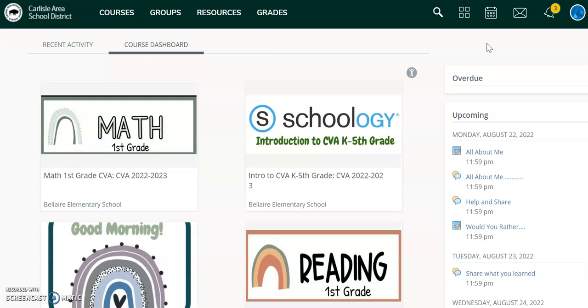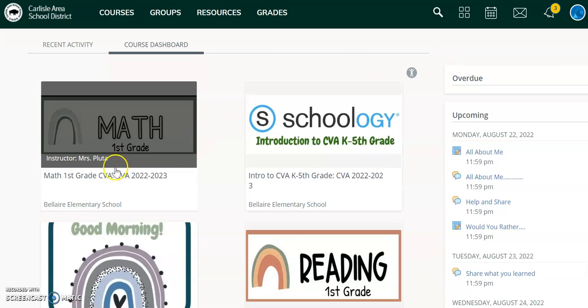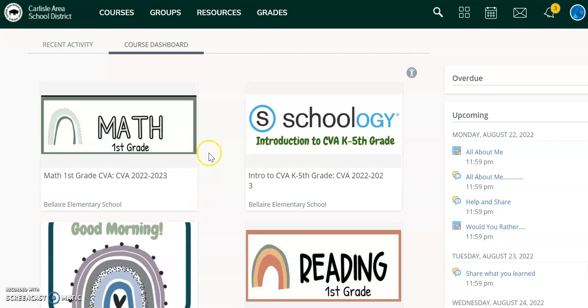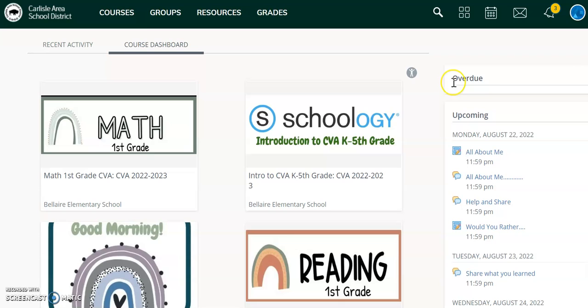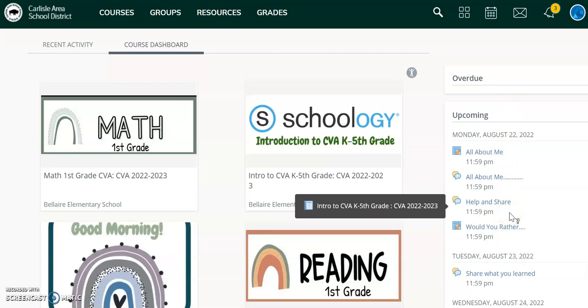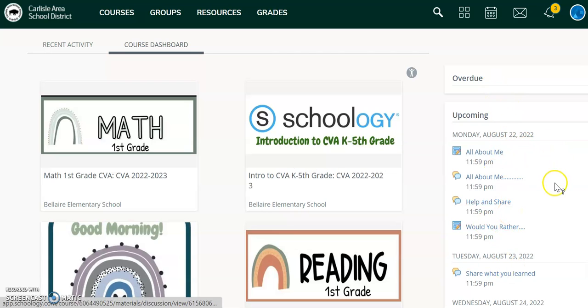When you first log into Schoology, you are going to see the courses that you are enrolled in. Now this is first grade. And you're also going to see anything overdue that you have not yet submitted. And you're going to see what is coming up. Do not click on these because you will go directly to the activity without having the